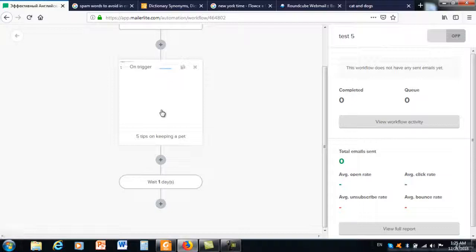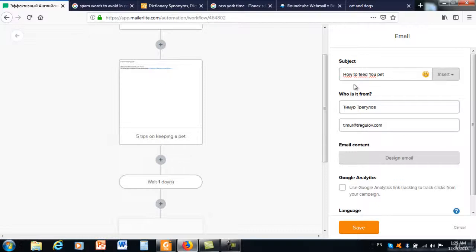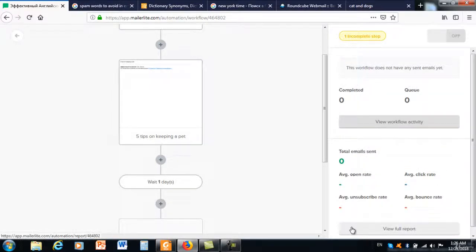The first email was about how to keep a pet. The second email might be about how to feed it, how to train it. So we do the same. So just email, subject, how to feed your pet. I suggest good subjects normally contain words like how to do, how not to do, what not to do, or they can begin with words like 5 tips, 7 tips for something, and so on. Here we put save